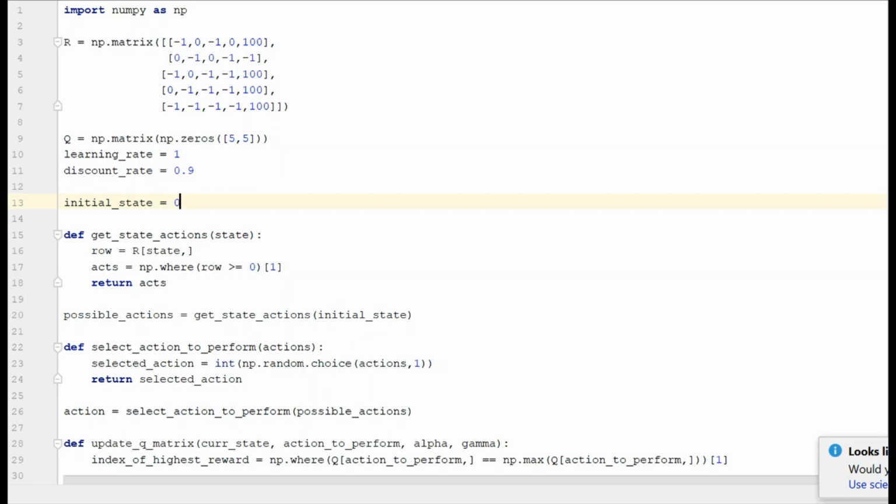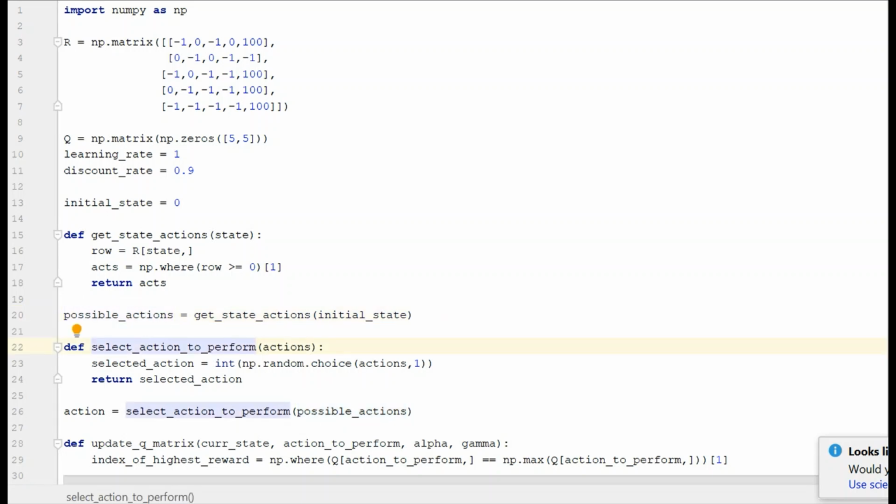I define a function called getStateActions, which takes state as an input and gives us a complete row for that state. From there, we pick up all the possible actions which are having Q value greater than 0. Then we get all possible actions for that state.